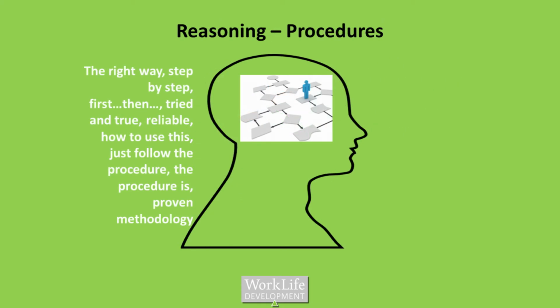Well, they like to follow a set way of doing something. There's a right way to do something and they will follow that procedure every time. Absence of a procedure can leave them feeling lost, and in groups they may resist deviation from standard operating procedures. And once they've embarked on a procedure, they have to get to its end. So if they were asked a why question, they would probably answer it with a how answer. You'd see no evidence of choice, and they'll use words like must, have to, should, and they'll give lots of